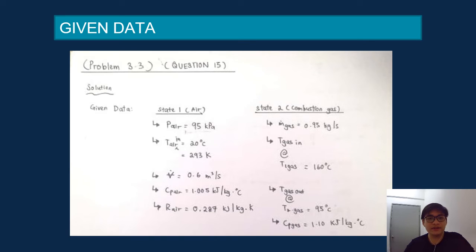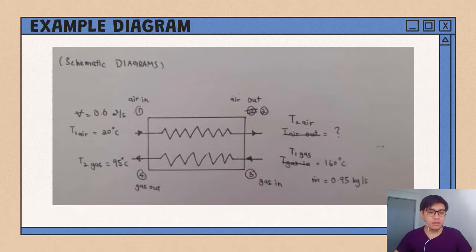Before answering this question, we should list all the data given in the question. In this slide, I decided to divide the data into each state to avoid random mistakes in calculation later. Right here is an example of a schematic diagram that I included to help me understand better in terms of solving this question. Basically, here is the pathway of the heat exchanger for the air,